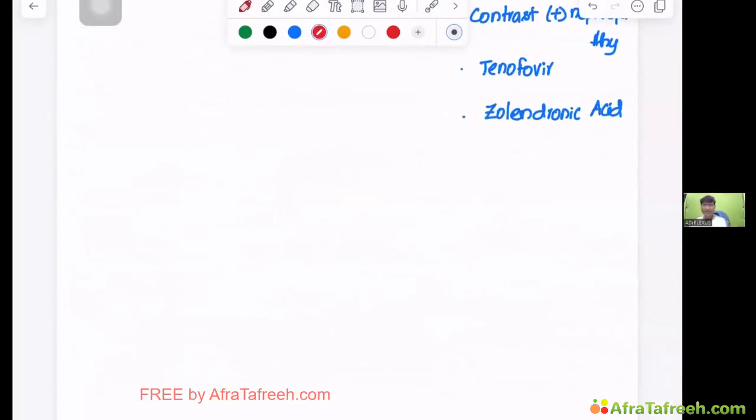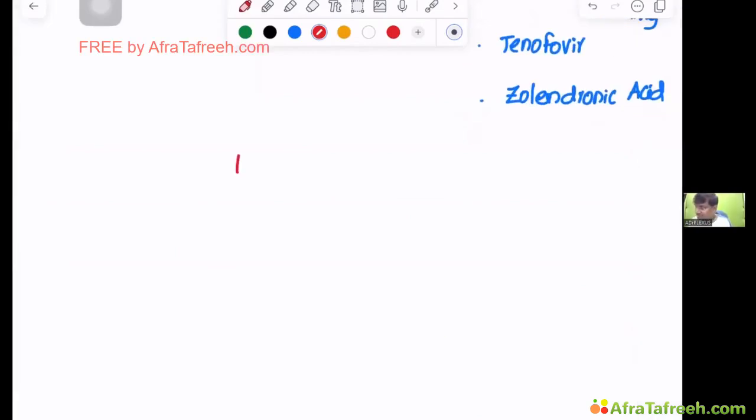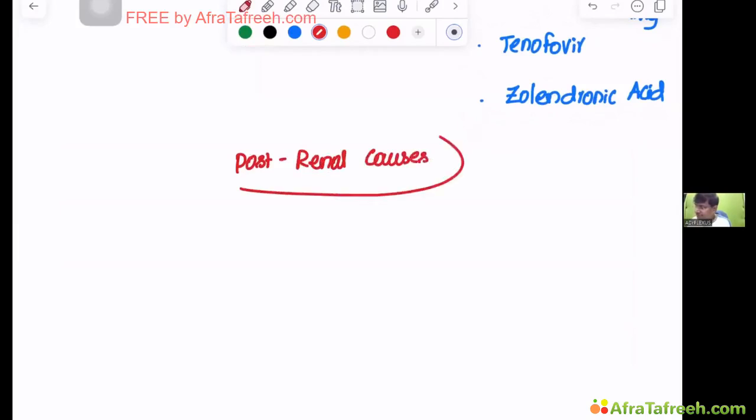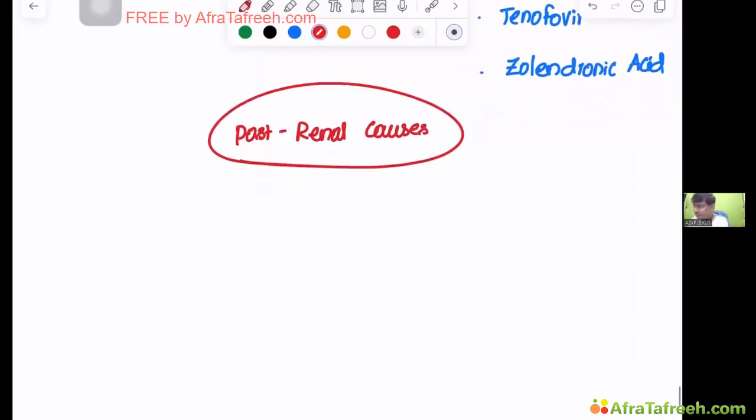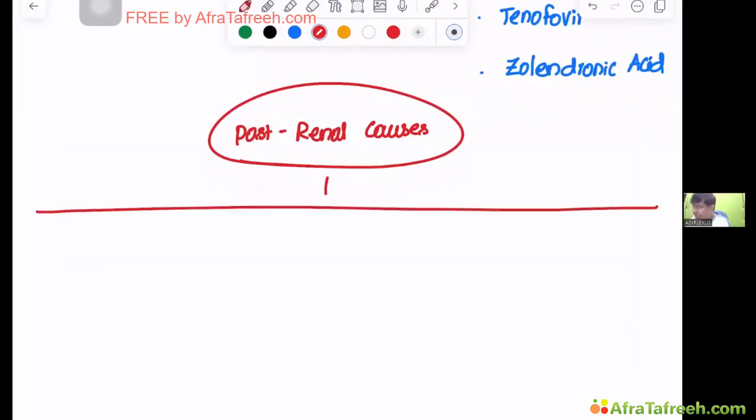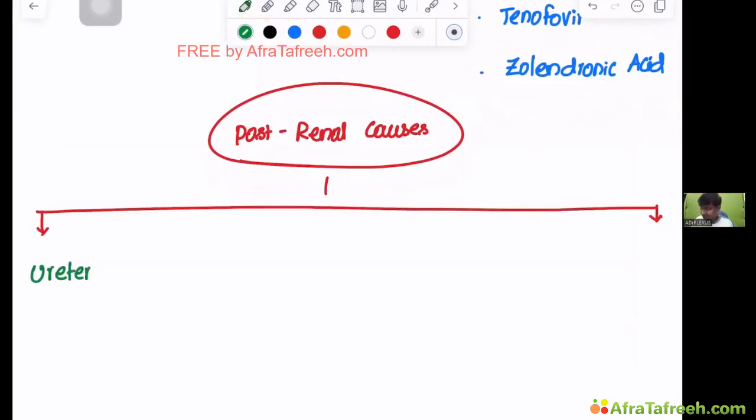Pain in the loin area, radiating to the groin, severe pain, right? And the pain is also associated with vomiting. And on workup, the creatinine is elevated. Very good, Hari. That is ureteric calculi. Okay, so the post-renal causes, as I just discussed, the pathology is outside the kidney. Okay, so the etiologies are ureteric calculi,